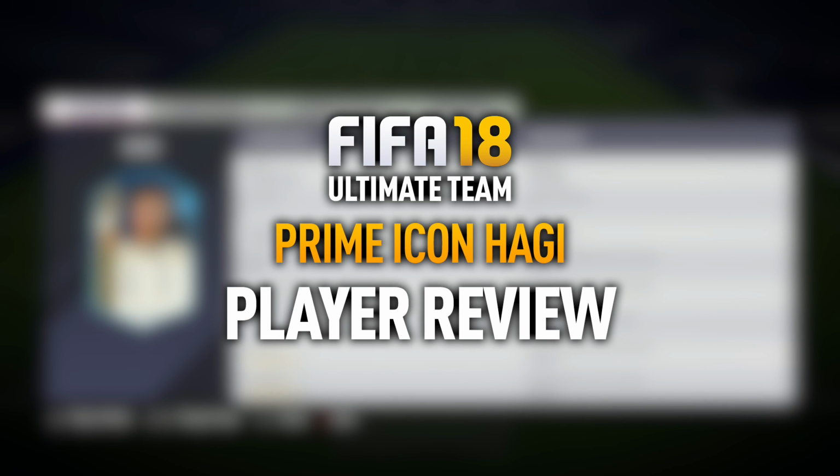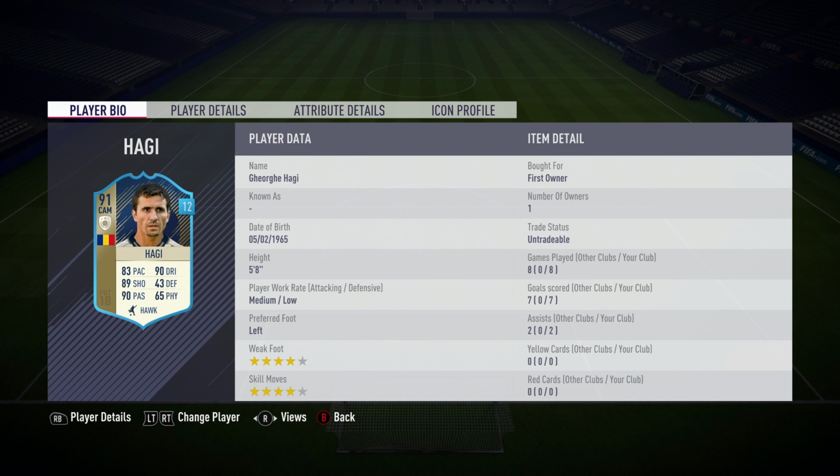Welcome today to a Prime Icon player review on FIFA 18 Ultimate Team. Today we're going to be looking at Hagi. The Romanian icon is 91 rated in his prime. He's got some awesome stats on his item itself with 83 pace, 89 shooting, and then both 90 dribbling and